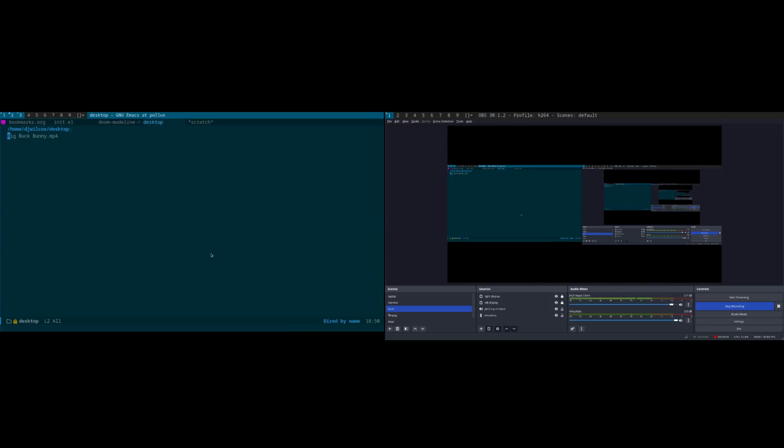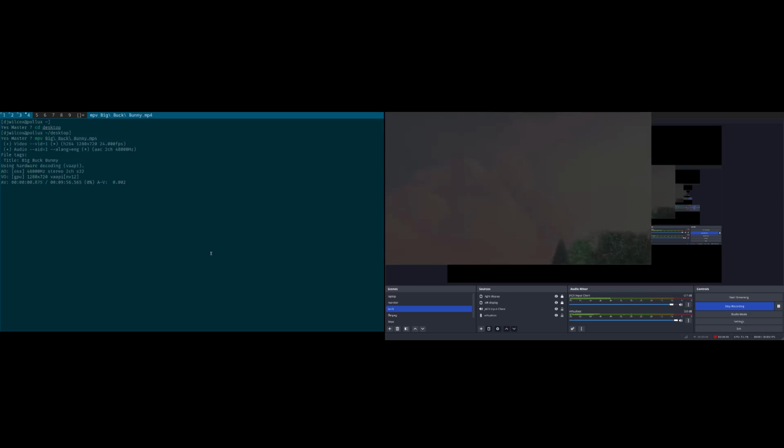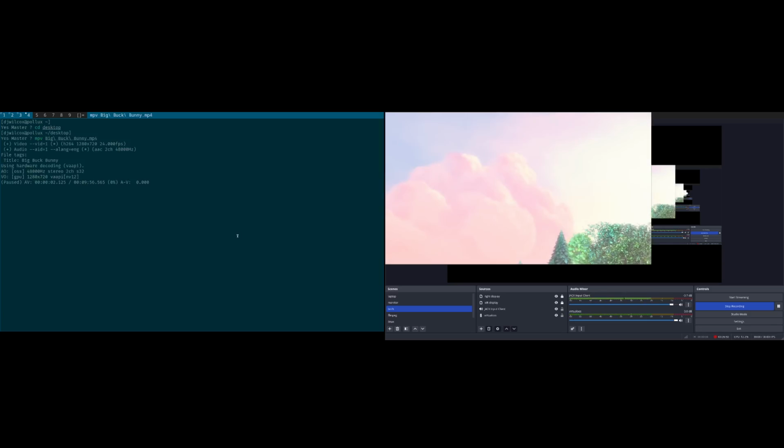Also, let's go to another screen. MPV, Big Buck Bunny. Okay, pause that. So this is me opening Big Buck Bunny in the terminal. If I switch back to Emacs, you'll see it's connecting to MPV using playerctl,